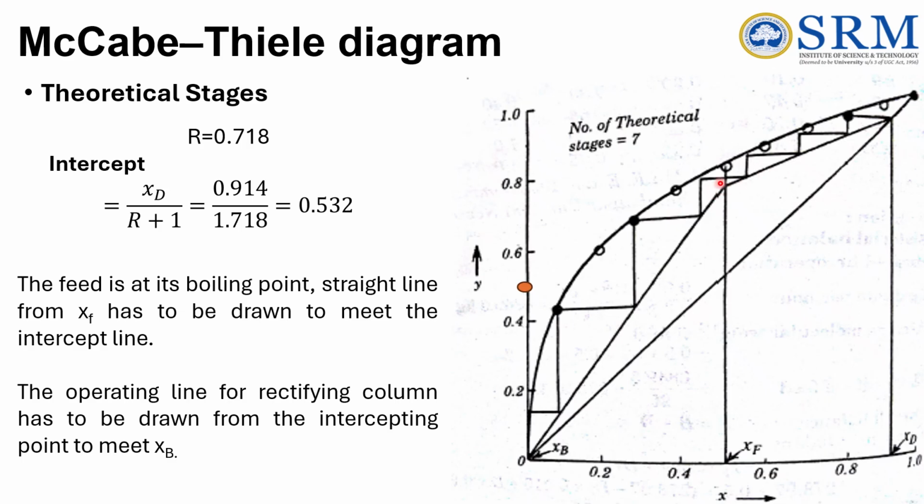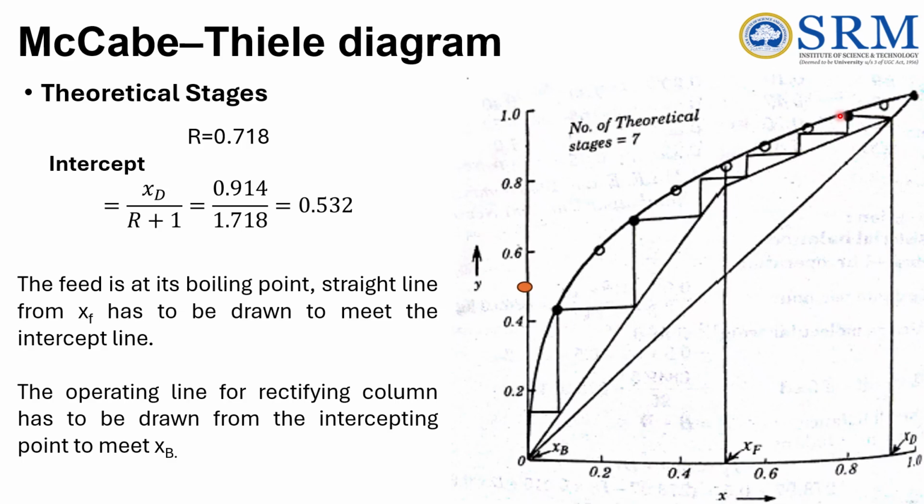Then the operating line for the rectifying column can be drawn from the feed point to XB. Thus, two operating lines, one for the top section and one for the bottom section, have been constructed. The total number of stages has been marked by a triangle which has to be started from xt, and a